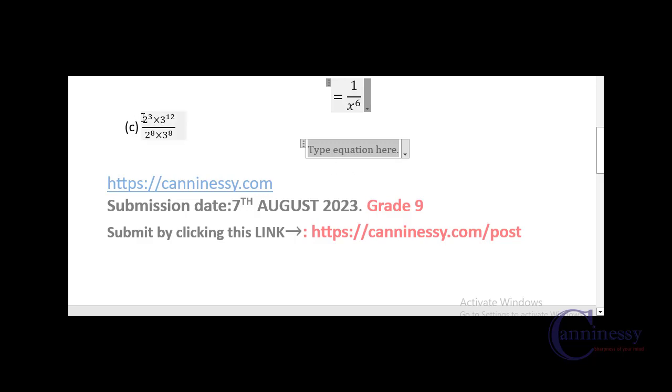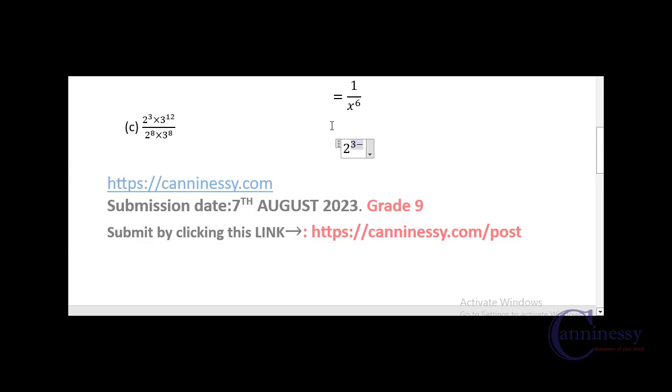So remember, we have 2 to the exponent 3 multiply by 3 to the exponent 12, divide by 2 to the exponent 8, multiply by 3 to the exponent 8. So here, we take a single base. How many bases do we have here? As you can see, we have two bases. The first base is 2. Then we take a single base and we either add or minus the exponent. So it's going to be 2 to the exponent 3,